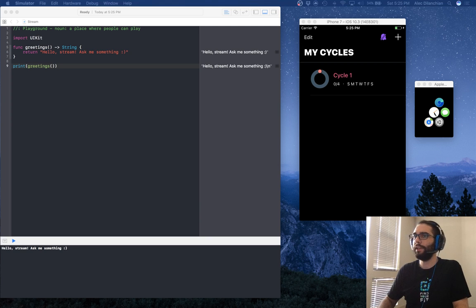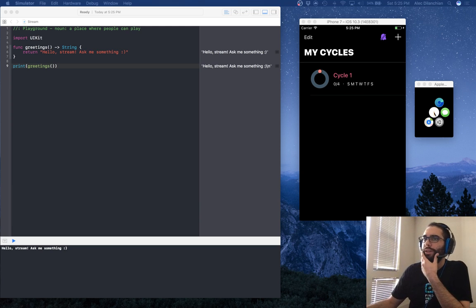Alright, so every time it cycles on mute, what I need to do is check to see if all the cycles are muted or they're not. So I think the best way to do that would be to check the flag. So if a cycle is, or no, I can't. I have to go through each cycle probably and check to see. So what I can do is in the background,